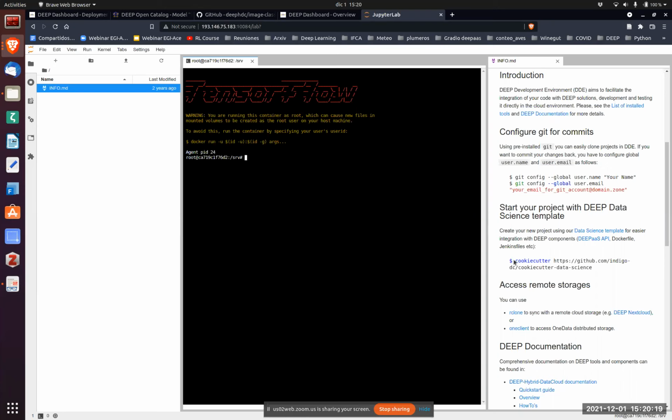The fastest way to have a template of what is right and what is wrong is to use our cookie cutter. A cookie cutter just makes a template,